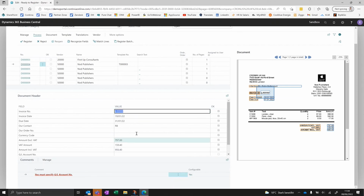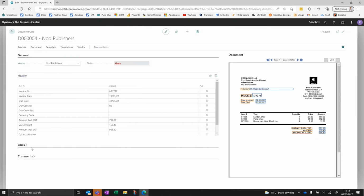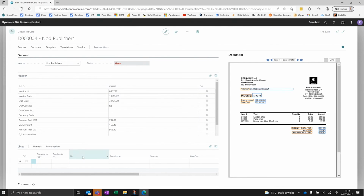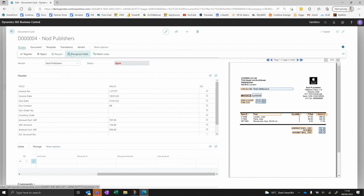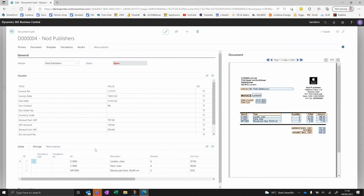The rest of this information is okay, so let me show you how to capture these lines, because this is pretty cool. I go into the document card, and in document card we got a tab called lines, with columns like item number, description, quantity, units, cost, and more. I'm going to stand in here and I'm going to say the item number can be found over here. The description, you can find that over here. We got a quantity, we have a unit cost, there's no discount percentage, discount amount, but we do have a line amount, which can be found over here. And if I now press recognize fields,